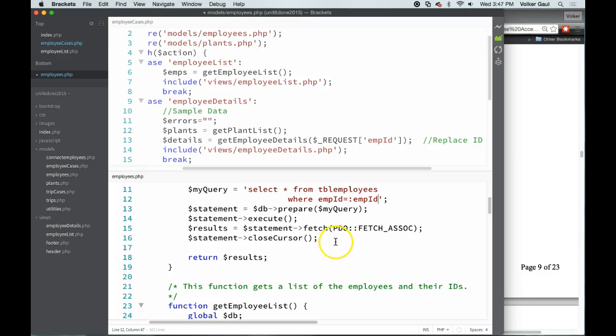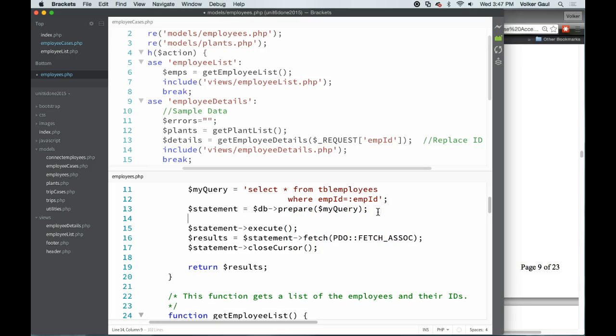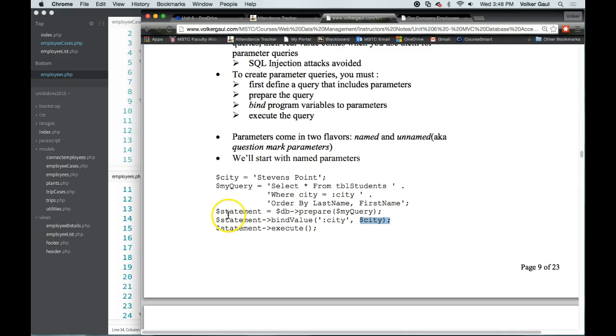But now I need the bind statement, and I have to bind after I prepare, because the prepare says expect these parameters. And then I have to bind before I execute, because without the parameters, I can't execute. So it goes in between here. And I'm going to go check my syntax. I think it's based on the statement, right? Yep, statement,